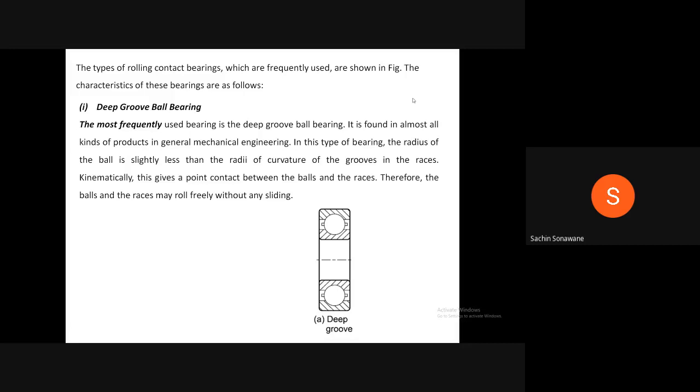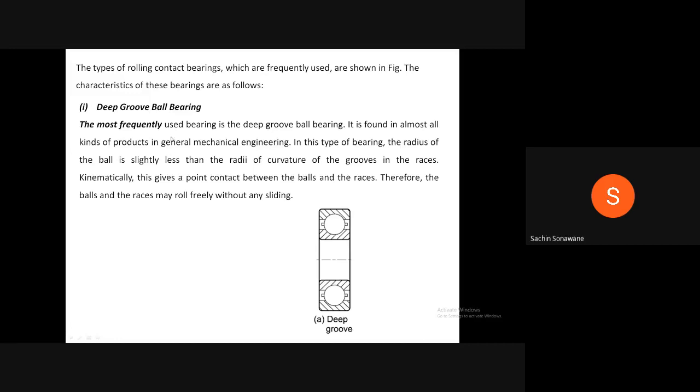Now, the first rolling contact bearing is the deep groove ball bearing. Now you are observing the diagram. In the deep groove ball bearing, balls are there between the inner cage and outer cage, and they are equally spaced. Now, why is this known as deep groove? Because of how much inside the inner cage and outer cage the ball goes, that is known as the groove. Therefore, this is deep groove. It is press fitted between the inner cage and outer cage.